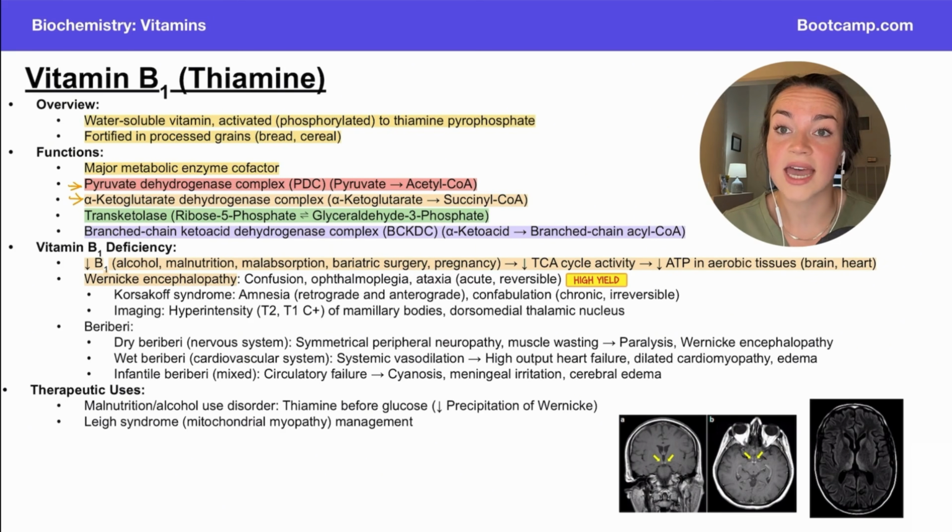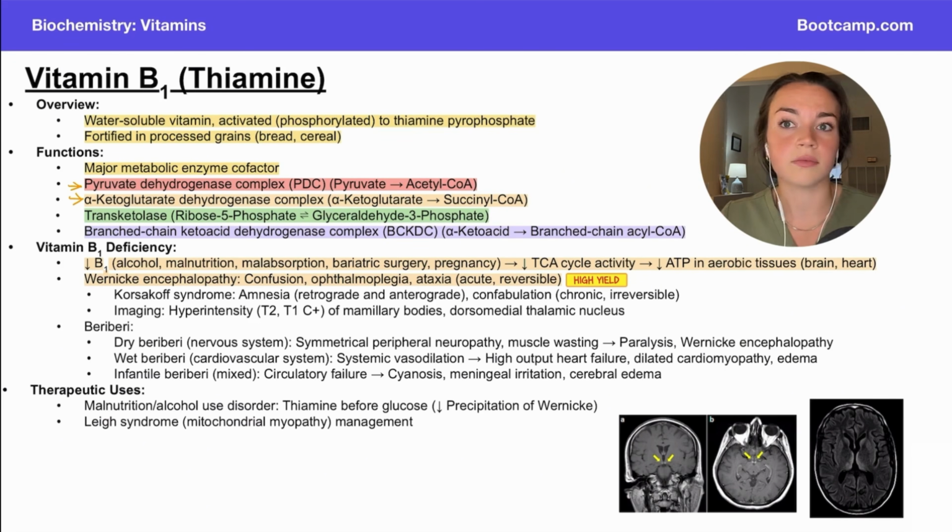They love to test the triad, the clinical features of Wernicke encephalopathy. And that triad is confusion, ophthalmoplegia, and ataxia. This is acute and it is reversible. In a STEM, they're not going to go out and give you those three things right in a row. I feel like the way that I have most commonly seen this tested is a patient will come in with